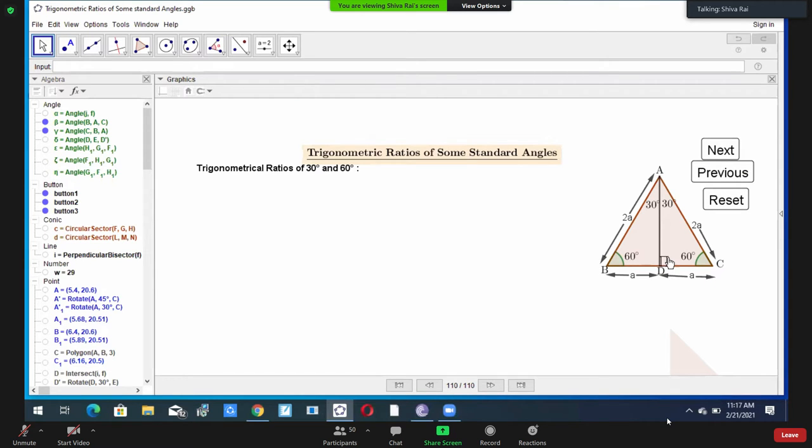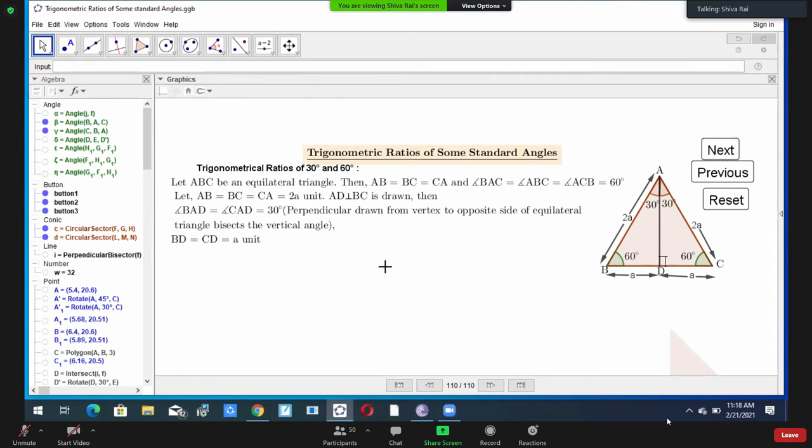Now you look here, this is 90 degree. Here you can see this is perpendicular, means 90 degree. Otherwise it cannot be 90 degree. Now this also 30 degree, this also 30 degree. 60 degree into two equal parts. Now I am going to explain about this figure.